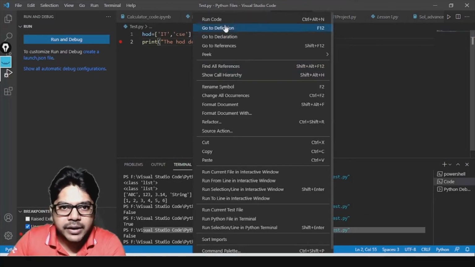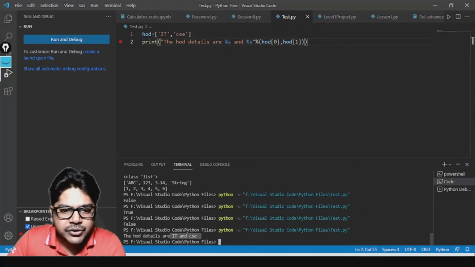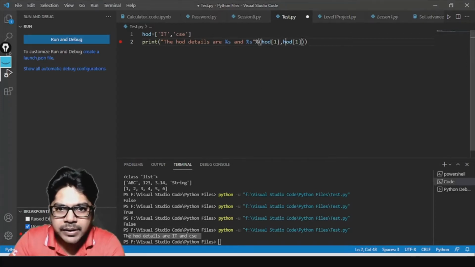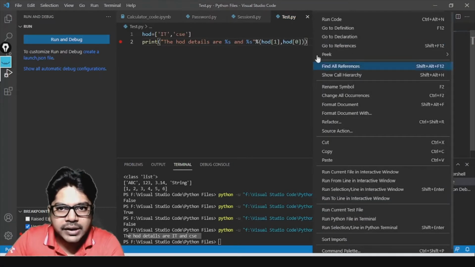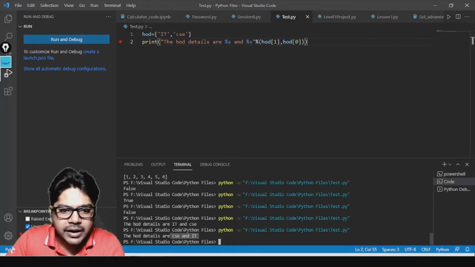If I try to print it, see what I'm getting: the HOD details are IT and CSE. If I replace 1 here and 0 here, then it will come as CSE and IT. You see now, CSE and IT, right? So this is how the list works.